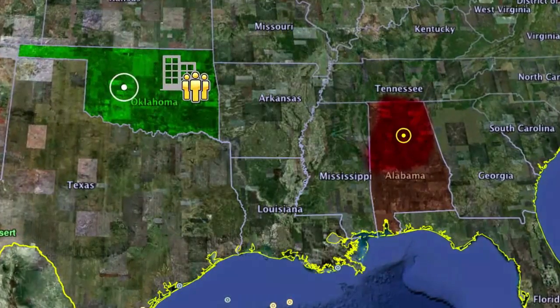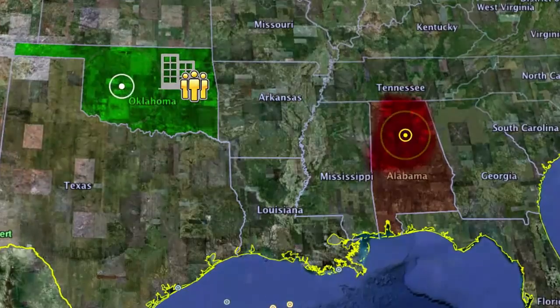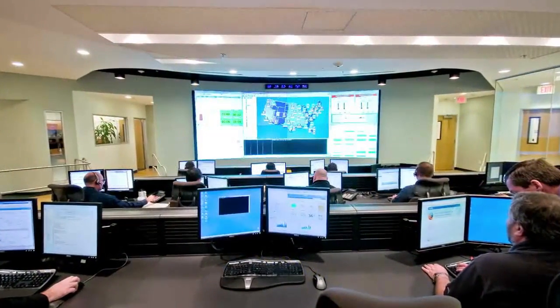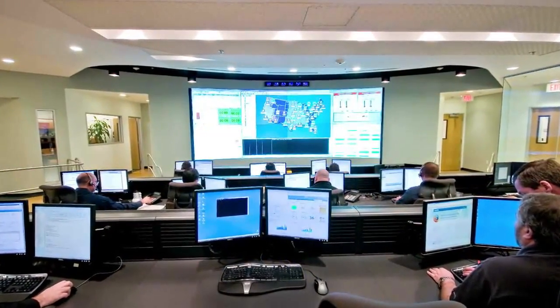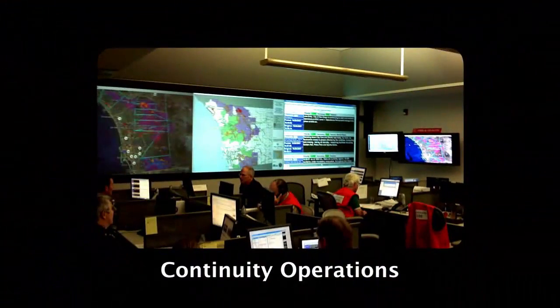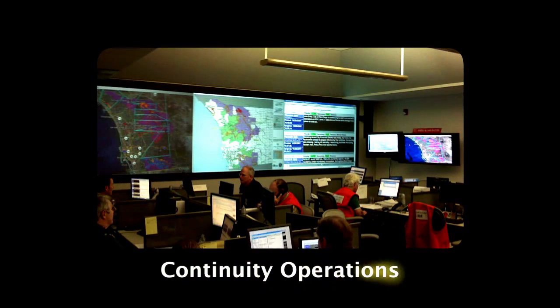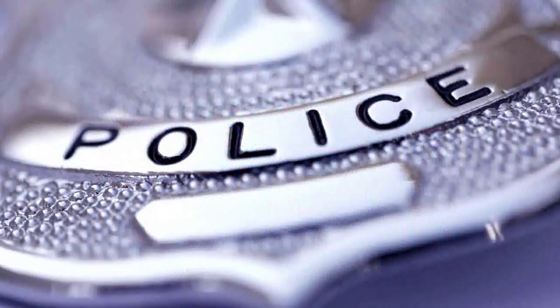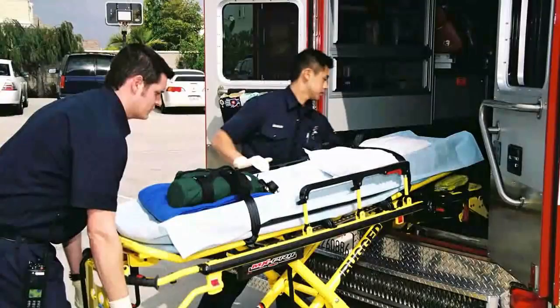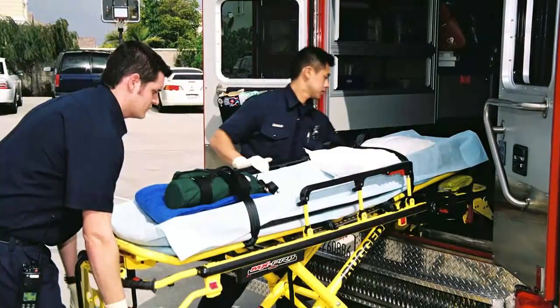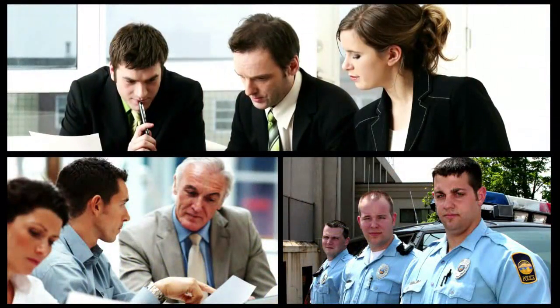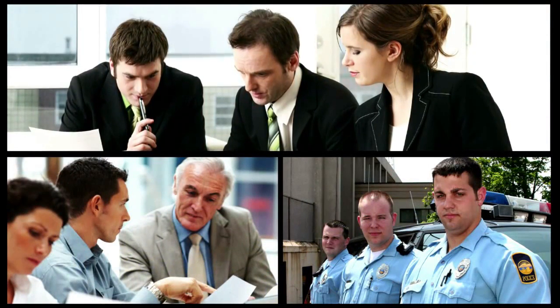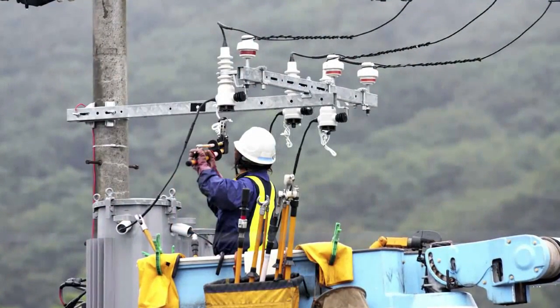Once staff are located safely at the alternate facility or set up to telework, we enter the third phase of continuity: continuity operations. Your organization's main focus is on continuing its essential functions. Of course, these will depend on your organization's mission and the time sensitivity of the functions. When determining priority, remember to weigh not just your organization's needs, but your partner's needs as well. What about the organizations that rely on you? Do any of their essential functions depend on services your organization provides?